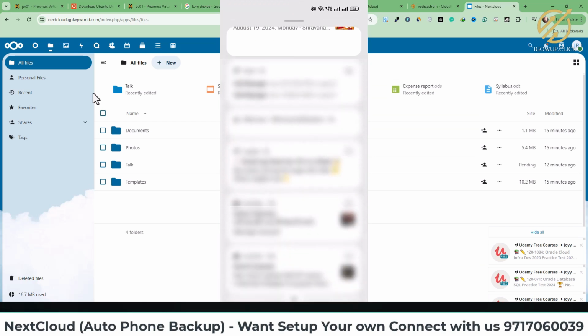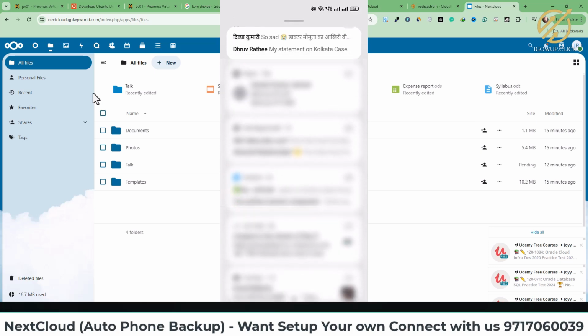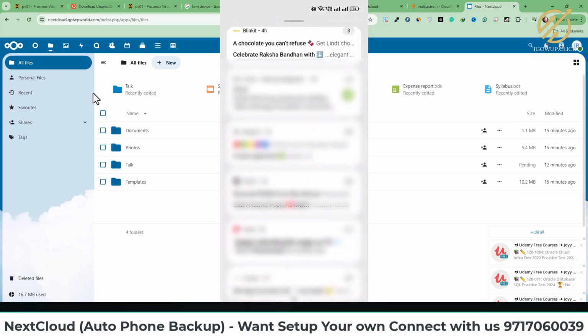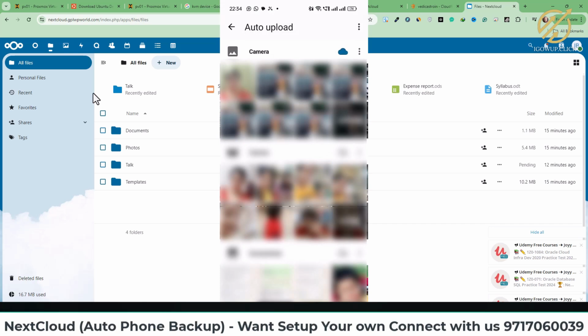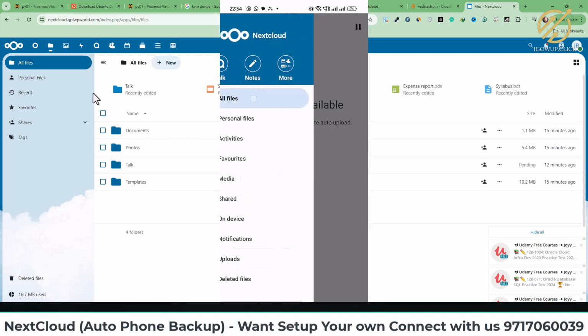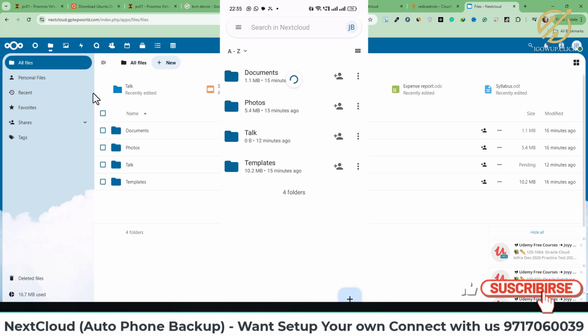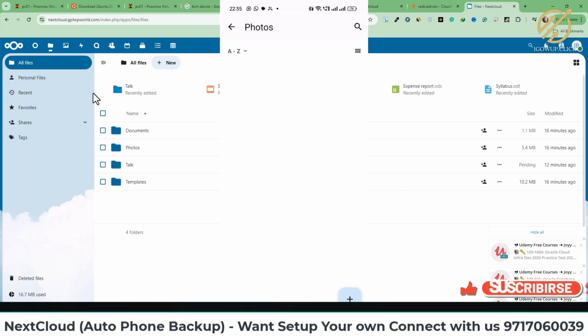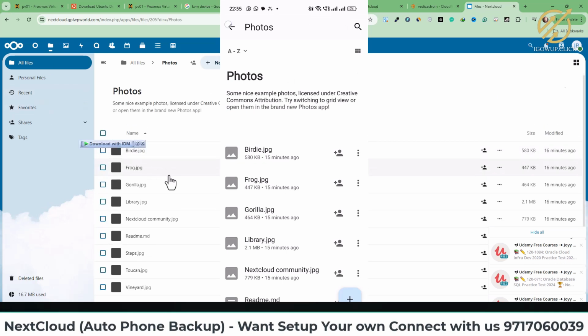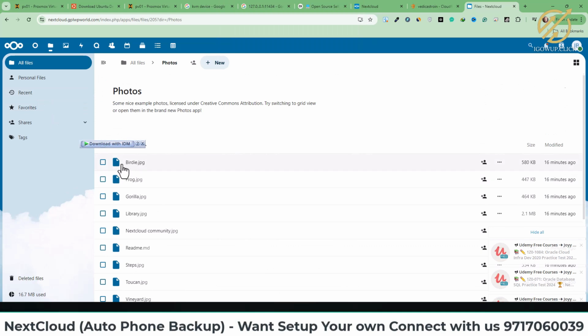So we will wait for some time, and I believe the auto upload is going to be very quick. It's going to be planned. So I also need to test the performance and everything. So automatically whenever we are, okay, if I go there, now you can see some of the photos are there. I don't know if it is our photo or demo photo. So I will go here and see these are a few photographs. So I will